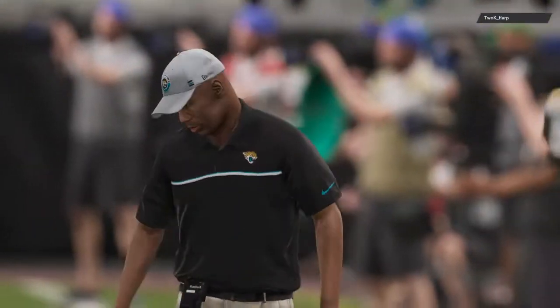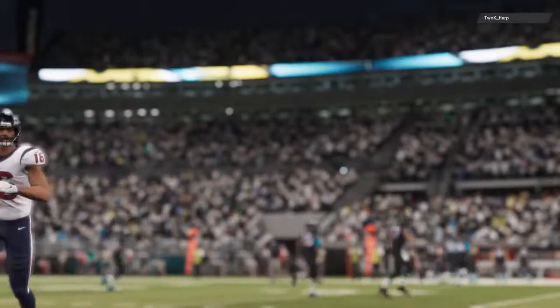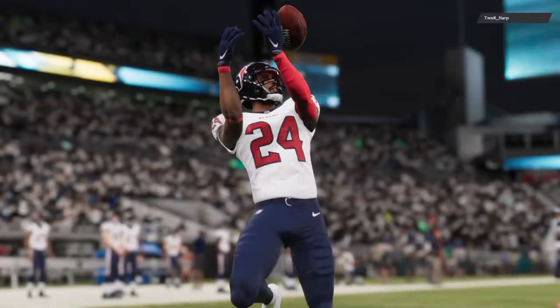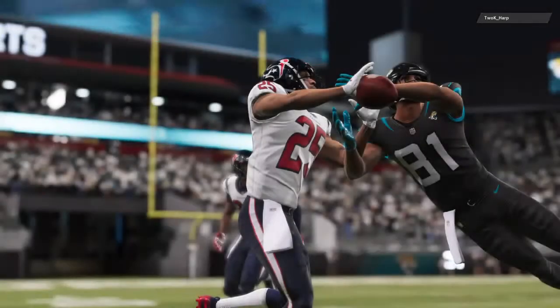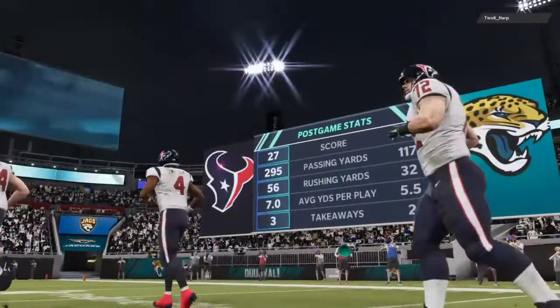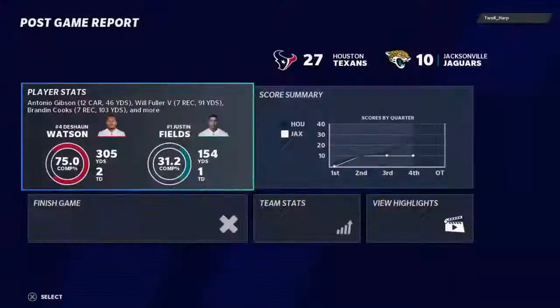So Houston is going to come away here with the victory. And it was their defense that really made the statement after the break. They pitched a second half shutout. Yeah, think about the team that just got vanquished. They did score in the second quarter. Do you think they thought at all that that would be their last points of the game? No, but what a second half. The adjustment, whatever they did in the locker room, it certainly worked. It certainly did, and you're exactly right. Whether it was an adjustment, whether it was just more focus on what they planned to do going in, whether they just played better, whatever it was, it all